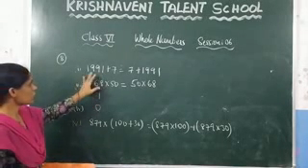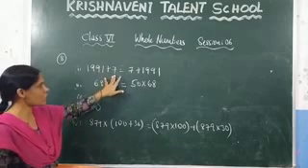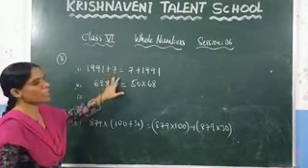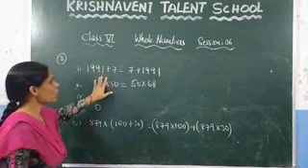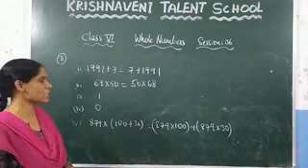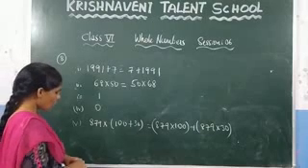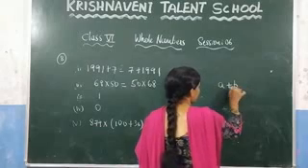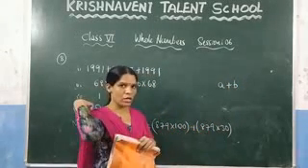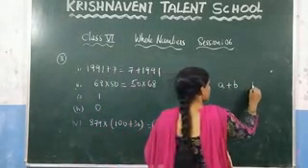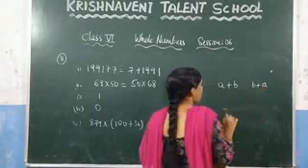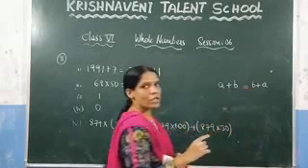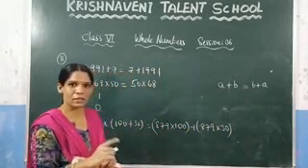The first one, check here: 1991 + 7 = 7 + 1991. Which property is it? Here we discussed the properties of the whole numbers, and in that we discussed all these properties. What does this property say? If you consider any two numbers, let us say A and B, and you change their order, so in place of B write A, and in place of A write B, and after adding, you get the same result. What is the property? We call that the commutative property.